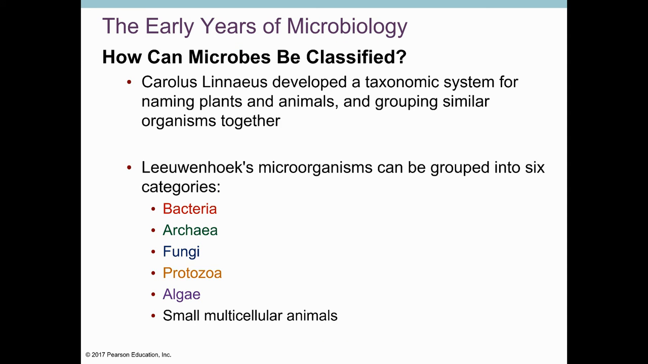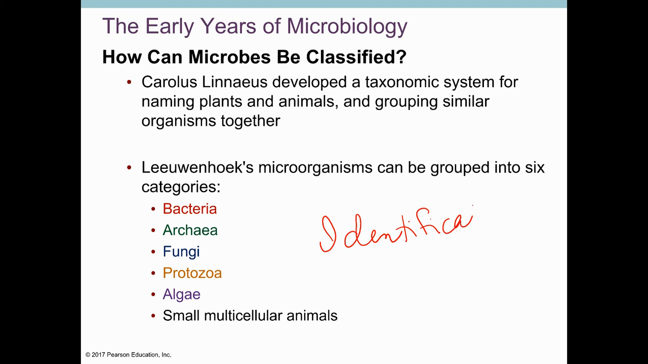You may recall that there was a taxonomist named Carolus Linnaeus who developed a taxonomic system for naming plants and animals and grouping them. We've expanded that system to include other organisms, of course. So we're going to be talking about the classification of different microorganisms. By keeping track of the classifications, we can keep track of what the characteristics would be for each of these different microorganisms. And it's important to be able to identify microorganisms based on their characteristics,